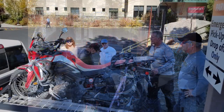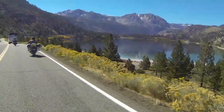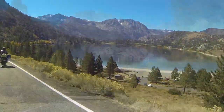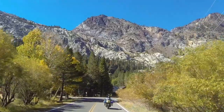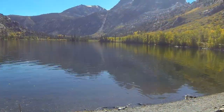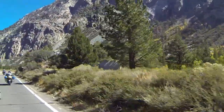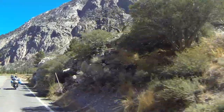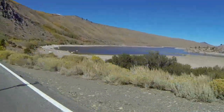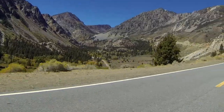There was actually a black bear in the woods there, if you want to back up and look. And then we got Tom's bike back on the pickup truck the next morning. We stayed at a condo in Mammoth, and that bear was in the parking lot. Tom ended up getting picked up by his wife Jean, and got back home to the Boulder City, Colorado, or Nevada area. The next day, without Tom now, we got him operated on, got his leg put back together,